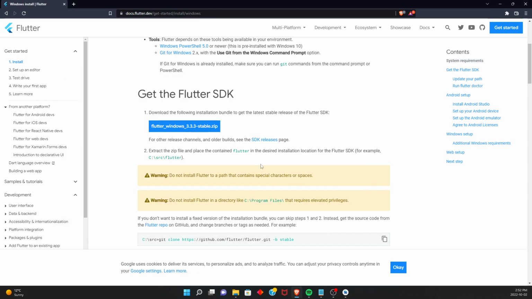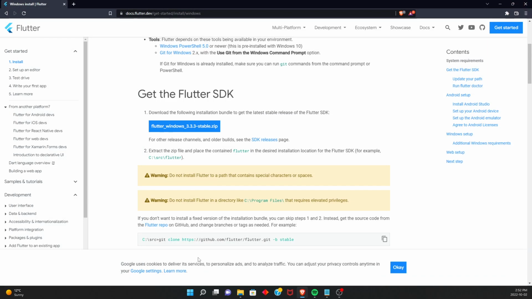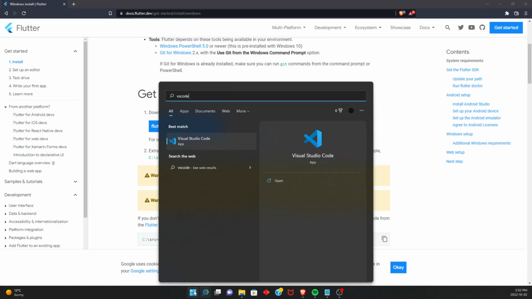So you can close your command line, and you can open the IDE that you choose to use. I use VS Code. You can also use Android Studio, but either one's fine. But I don't use Android Studio. So you're gonna want to open VS Code,